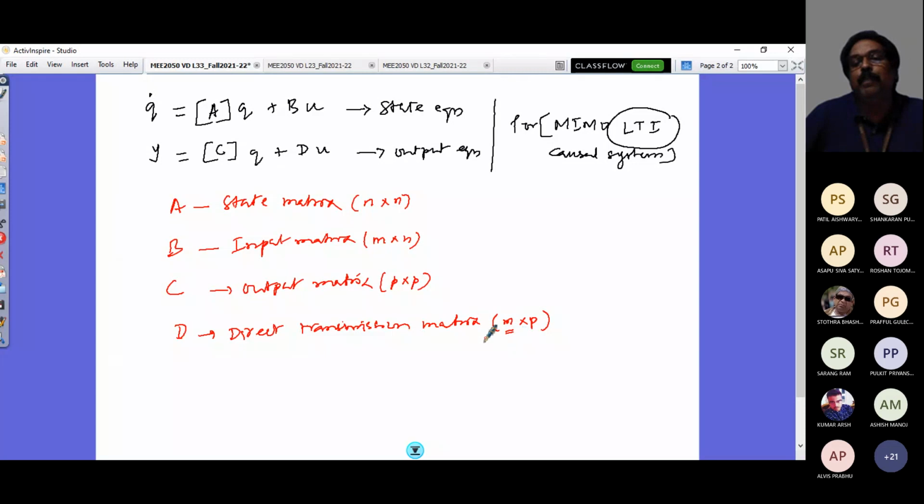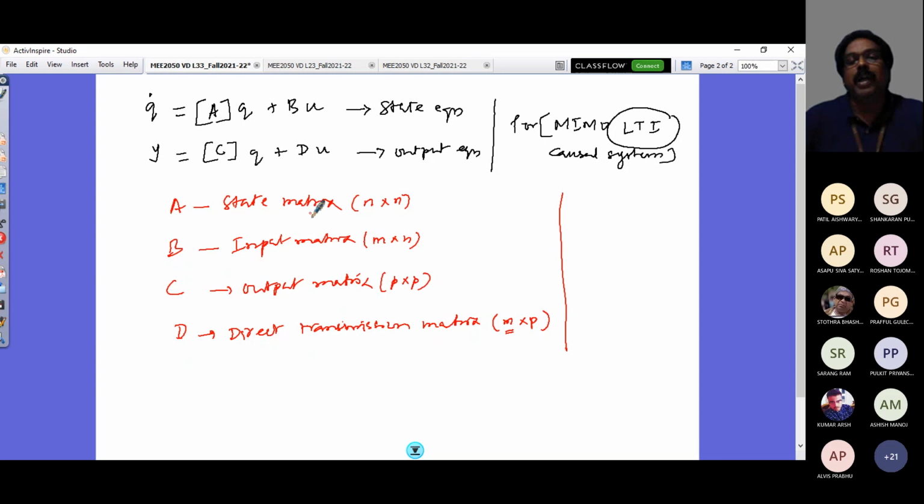So if I have some input and direct transmission matrices, that input can be straightaway influenced by some parameter. Then it has to act on an input, and that would be straightaway having an influence on the output. Most of the cases, this direct transmission matrix would be 0, like we have seen in second order system. Or if it is there, it has to be accounted. So this is how you are going to represent your